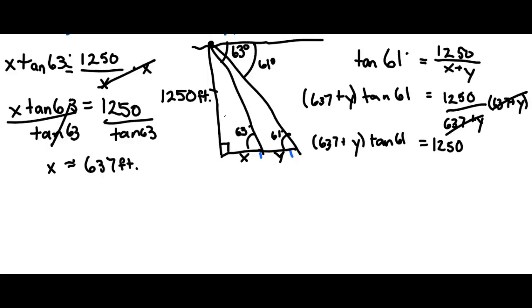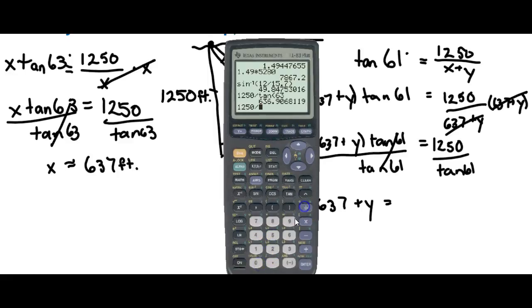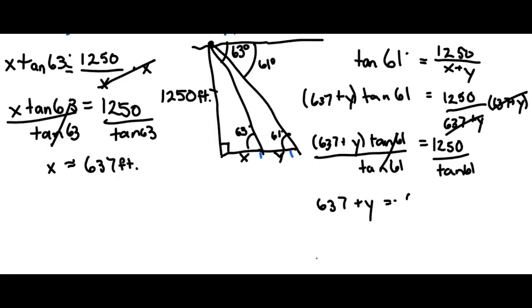Now there's a couple things we could do. We could either divide both sides by tangent 61 right away, or we could distribute the tangent 61. I'm just going to go ahead and divide it by tangent 61. That gives me 637 plus y equals 1250 divided by tangent of 61. I get 692, maybe 693, I think it rounded up. And then I'll go ahead and subtract 637 from both sides. I get y equals